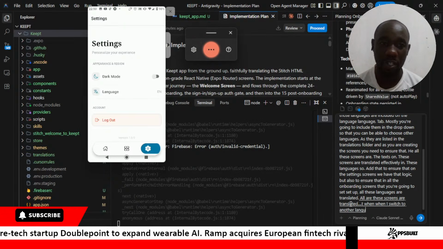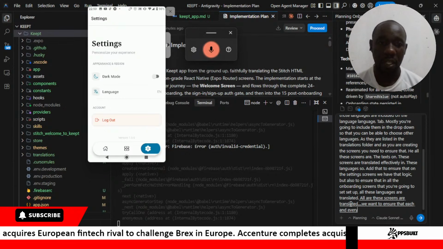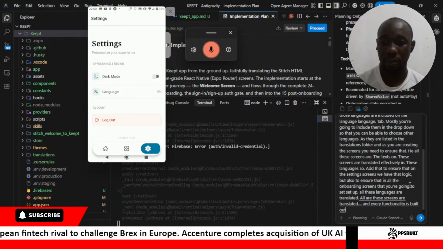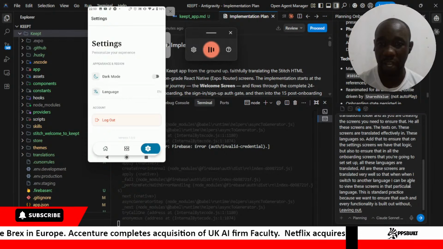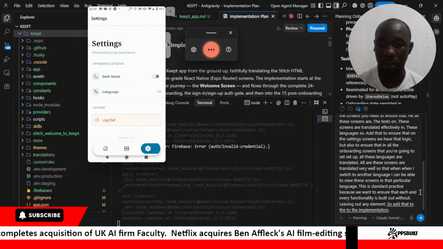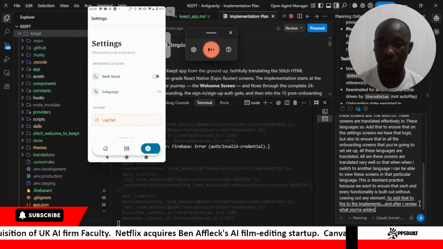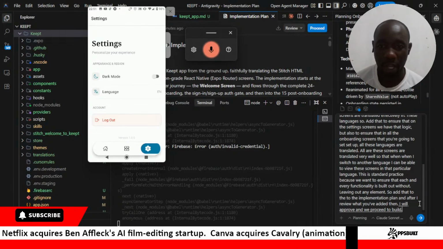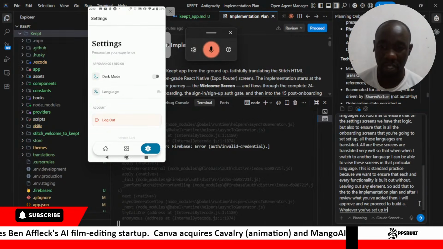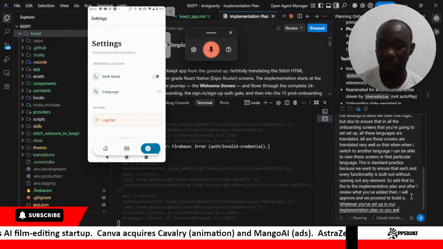This is standard practice because we want to ensure that each and every functionality is built out without leaving out any element. So add that to the implementation plan, and after I review what you've added, then I will approve and we proceed to build whatever you've set up in our implementation plan. So you are keeping what is already in the implementation plan, you are just adding what I've recommended.